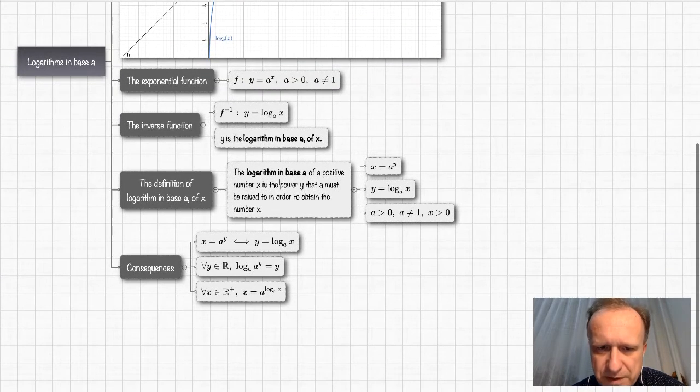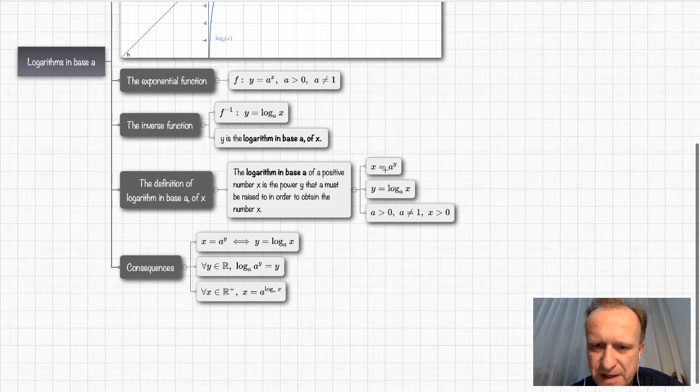So the logarithm in base a of a positive number x is the power y that a must be raised to in order to obtain the number x. So if you want to obtain the number x as some exponential, x has to be equal to a raised to the power of y,